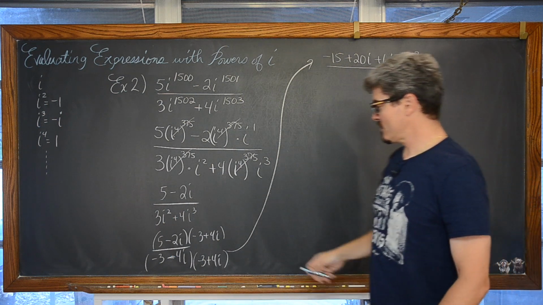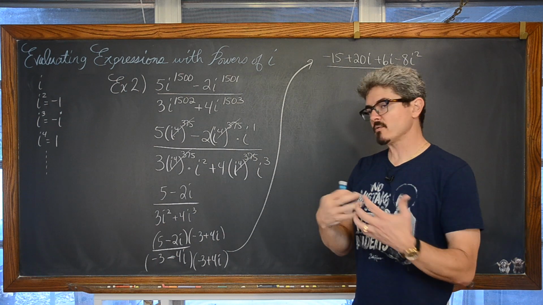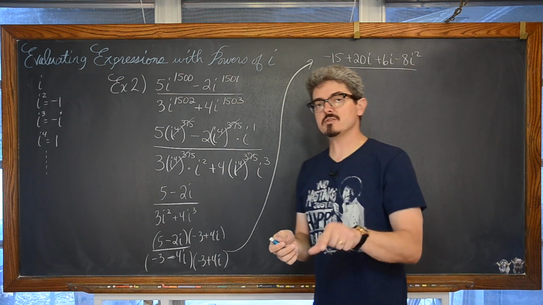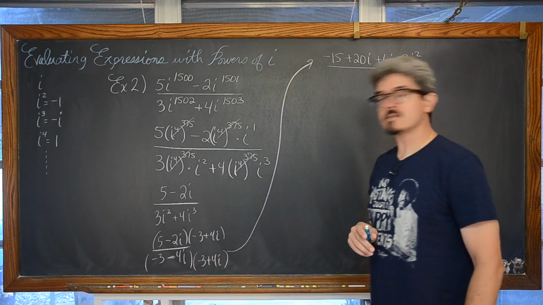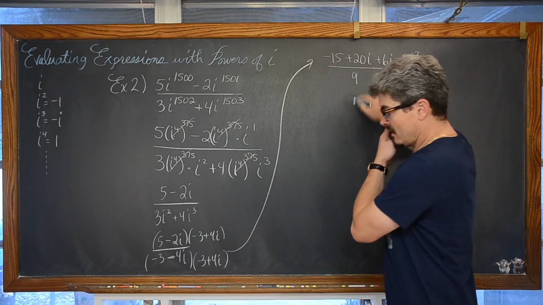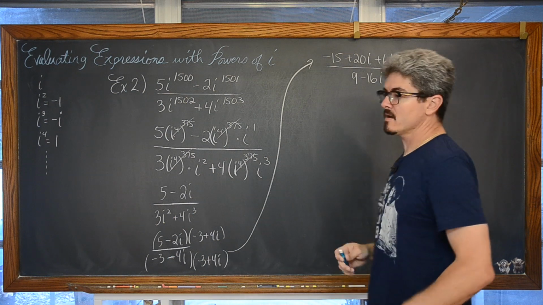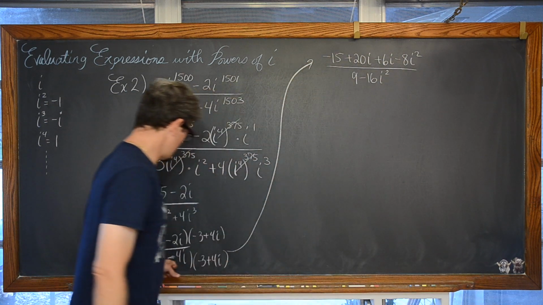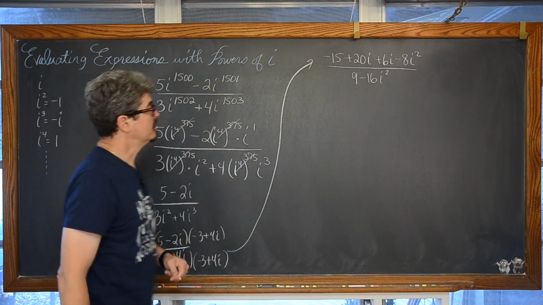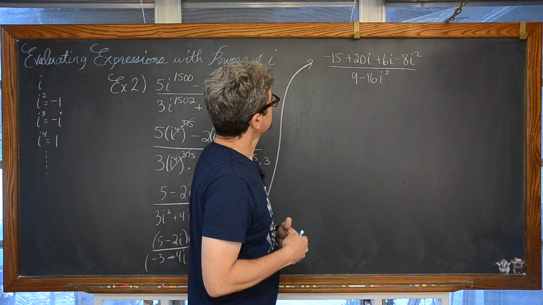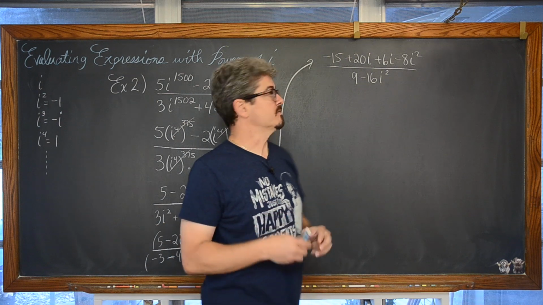In the denominator, of course, we're multiplying a pair of conjugates. You can think about that factoring pattern for a difference of squares: a squared minus b squared is equal to a plus b times a minus b. So this is just going to be negative 3 times negative 3 is 9. We have negative 4 times positive 4 is negative 16 times i squared. The only two binomials that you can multiply together and not get a trinomial as an answer is this conjugate pair setup. Well, i squared is equal to negative 1.